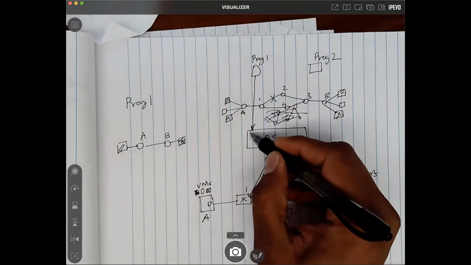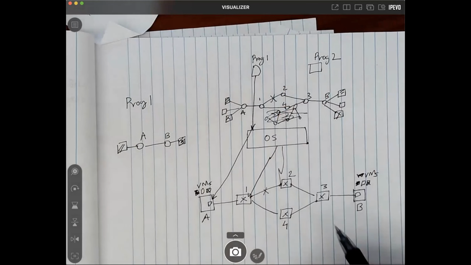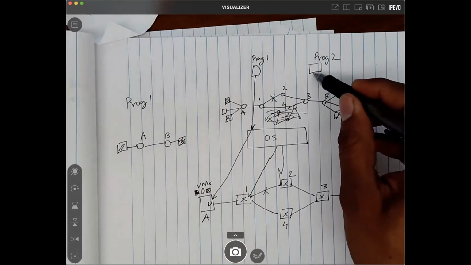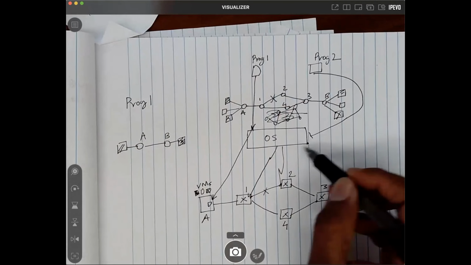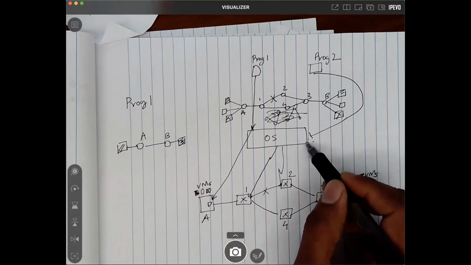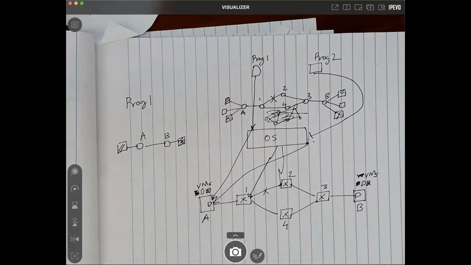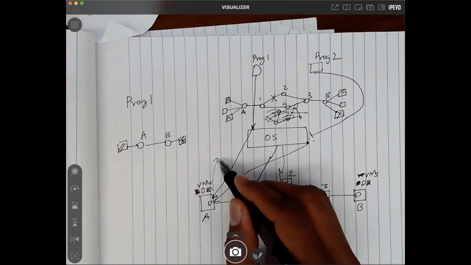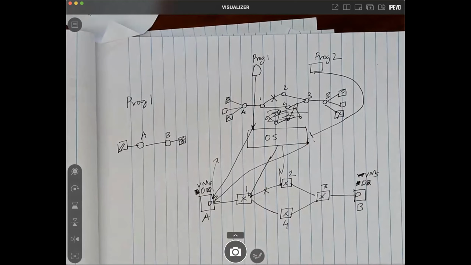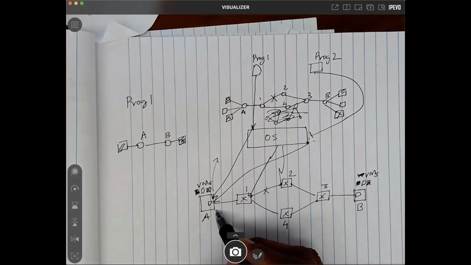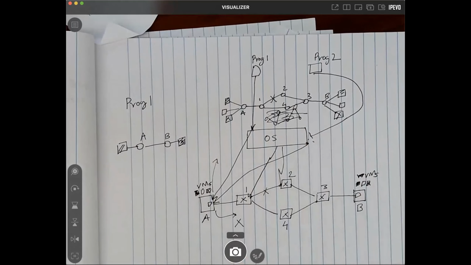So say, for example, program 1 is pushing a rule to the operating system, which is making some changes to this OVS. And program 2 was also pushing some other change, which was also pushing a rule to this OVS, and they are both writing conflicting rules. Then what Onyx offers is feedback saying that your rule has been successfully installed, or it will tell program 2 that your rule was not successfully installed. And these programs can handle things accordingly.